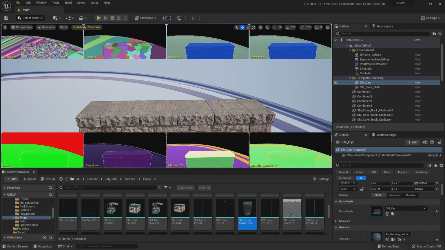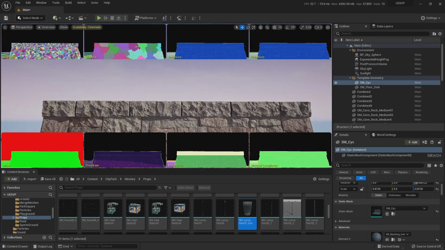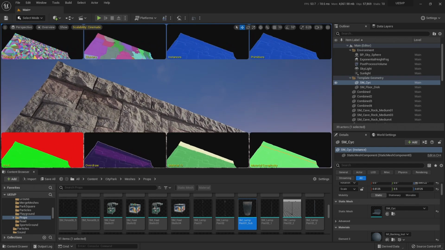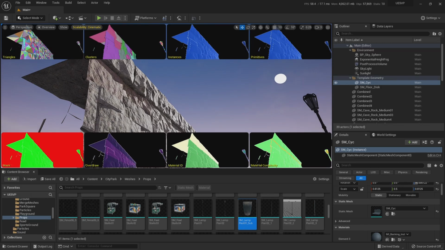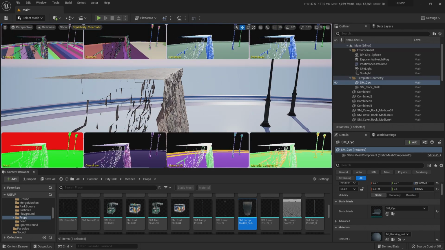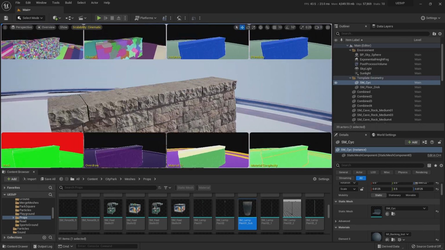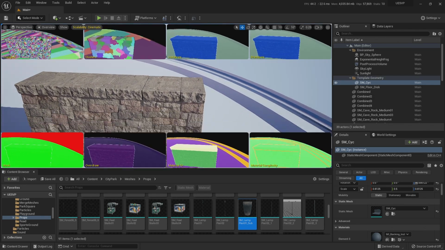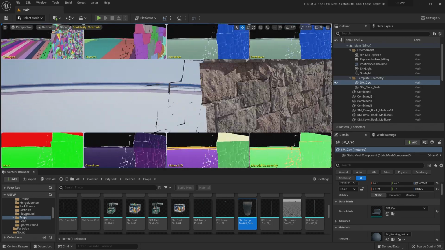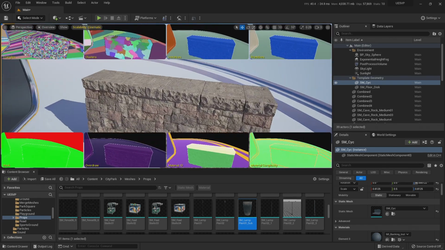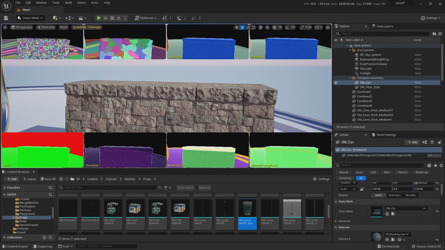And just to show you one thing, if we go down a little bit, you're going to see that we have one polygon overdraw here. And if we look at the side, yeah, this thing has internal faces. But just because Nanite doesn't work two-sided, if you look from downwards, it's going to work perfectly. So it doesn't matter if you have internal faces, if the normal is not facing the outside, it will work perfectly.